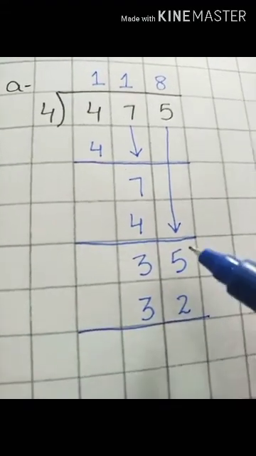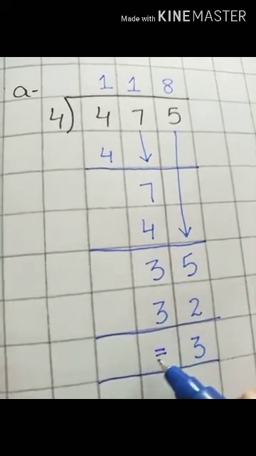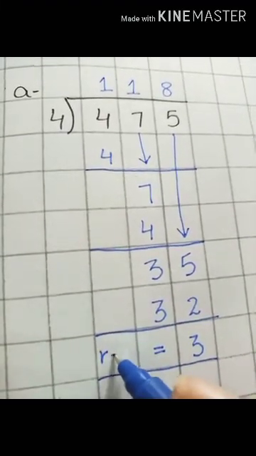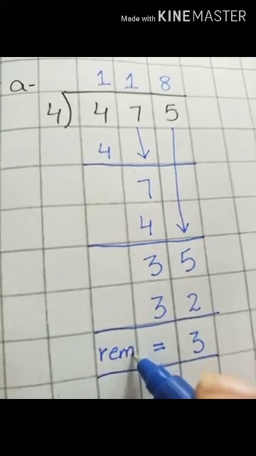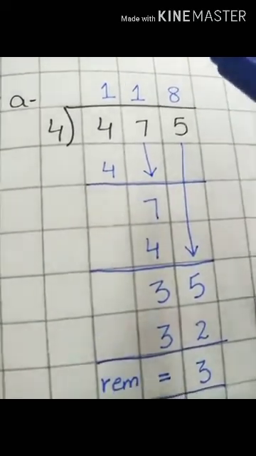So students, when we are subtracting, starting from the ones column, 5 minus 2 and my remainder is 3. 3 minus 3, that is 0. So this will be my remainder because this 3 is smaller than my divisor. I can't divide it further. So students, this 3 is my remainder. Here I am writing REM, that is representing my remainder. What is my quotient, students?